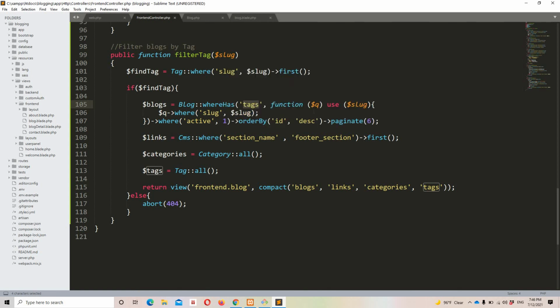We need to pass it. Then based on my temporary variable, I am getting all the slugs that match a record, and we are returning all the blogs that have a specific category. Then we are chaining the remaining methods, like where active is 1, order by ID descending, and pagination is 6. And after that we are returning everything that we were returning in our index method.